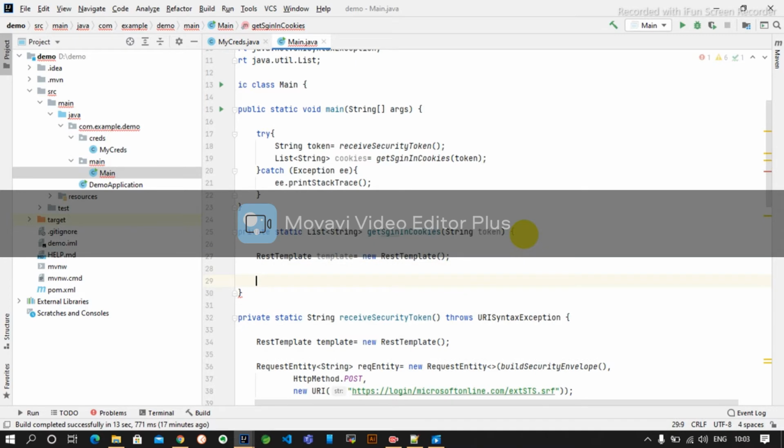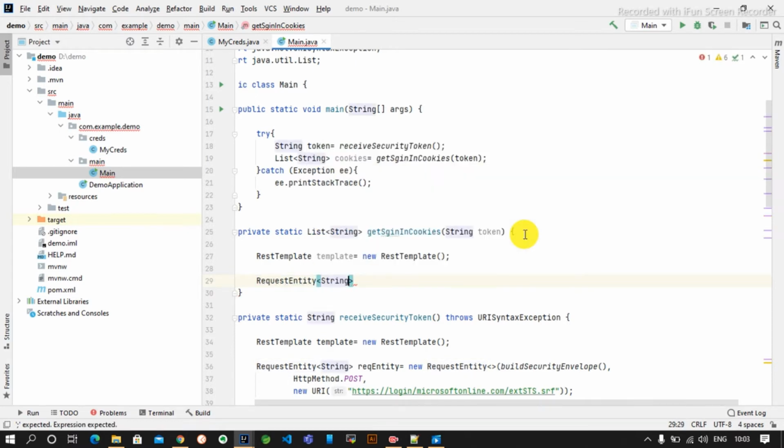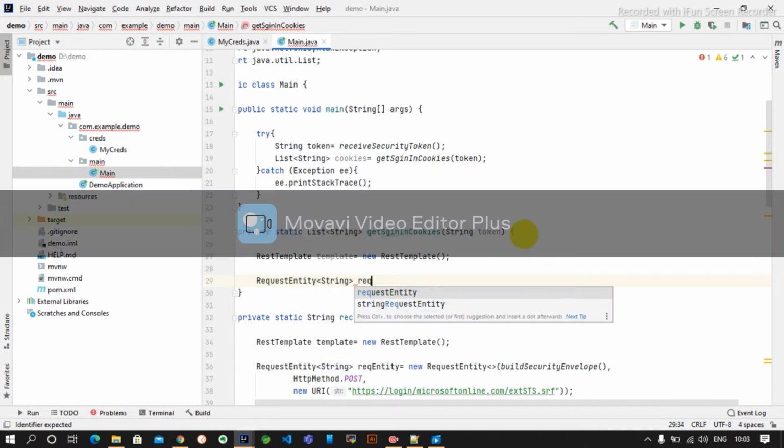Then we have to create the request entity of String.